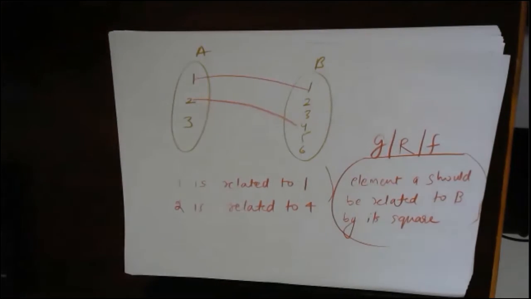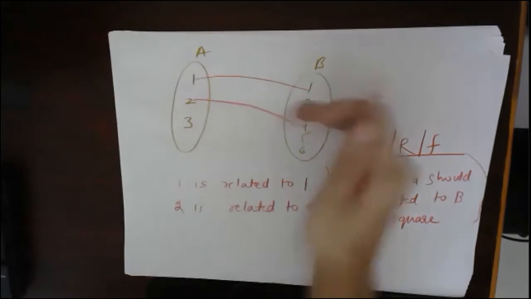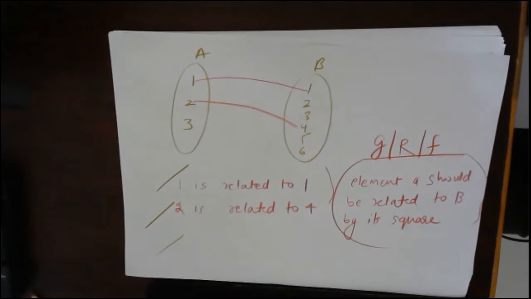Now you will say, sir, this is a very long and non-convenient method to write. Suppose there is a relation and there are thousands of elements, then I don't want to write this a thousand times. So I will try to find a compact way of writing a relation between two sets. But before that, before moving further, I will do the nomenclature. I will give names to some of the things.